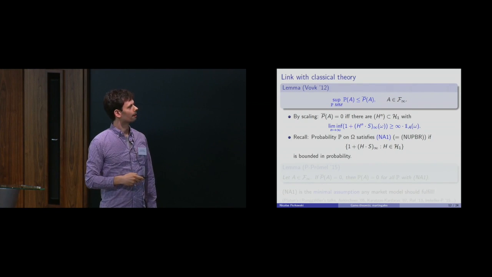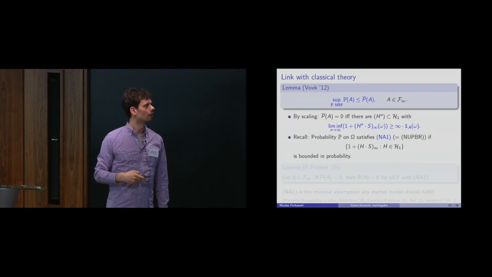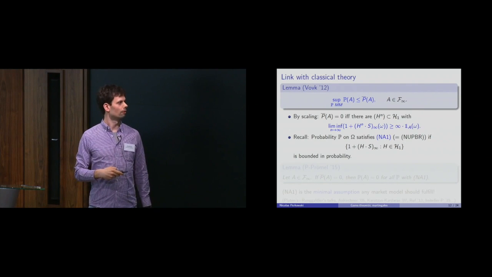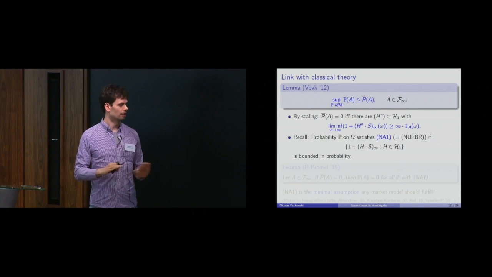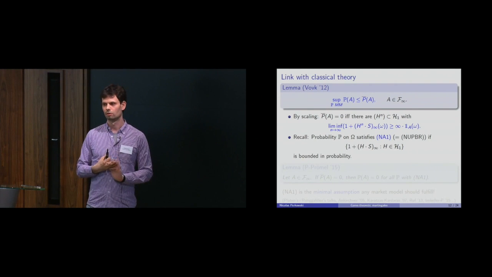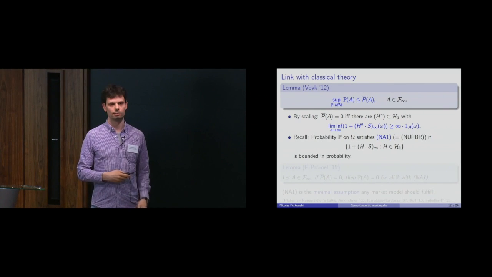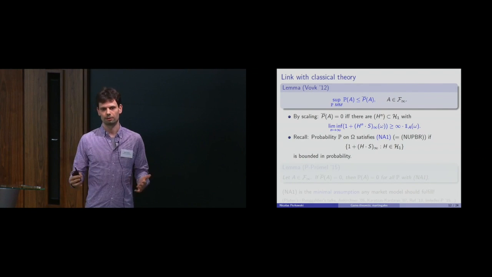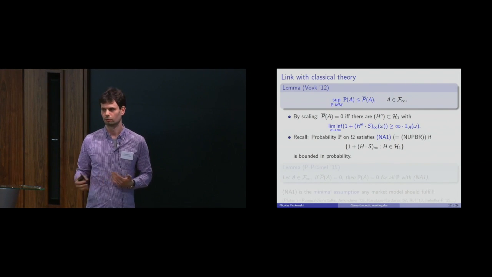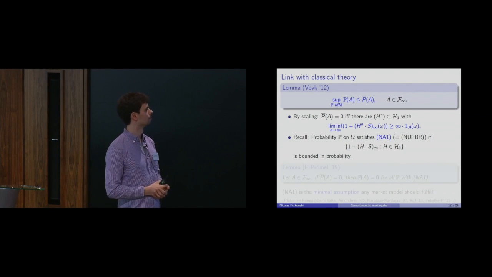So a set has outer measure 0 if and only if you can find a sequence which gives you infinite profit starting from 1 pound, and you never risk losing more than the 1 pound you started from. So no matter what happens, all scenarios leave you at worst with 0, and on the set A you get infinitely rich. And clearly such a set should somehow not occur. So these are paths which you can maybe exclude when you try to do model-free financial mathematics, because these are too good to be true.